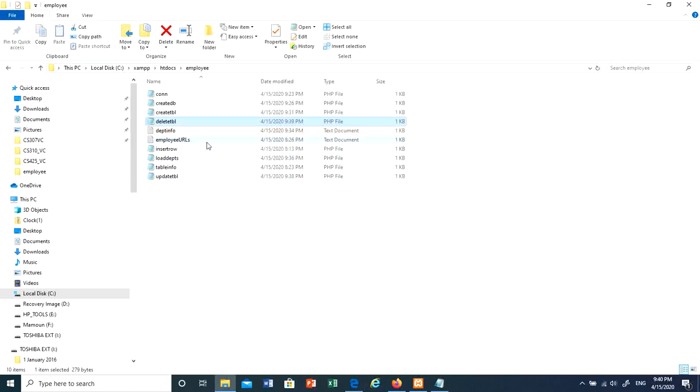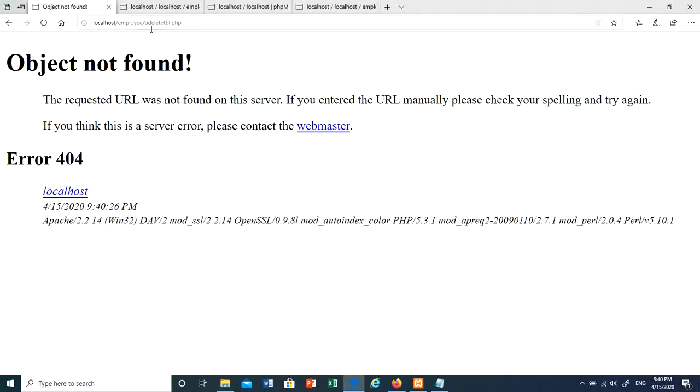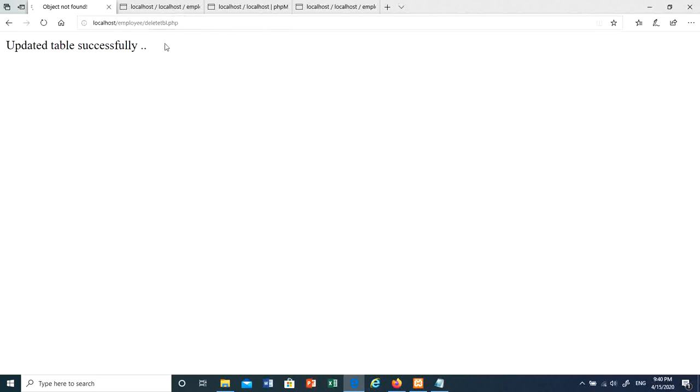What is the name? Delete tbl.php. Okay, let me remove that. Delete TBL. Okay, here it is. And updated. It's actually not updated, it is actually deleted, I think. Yeah, because if I go here to check